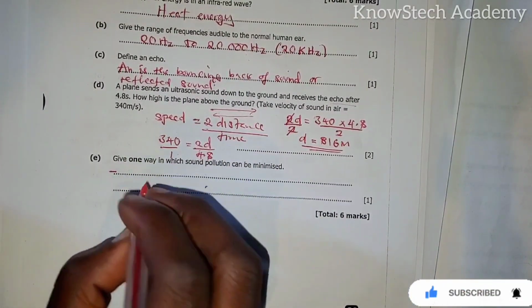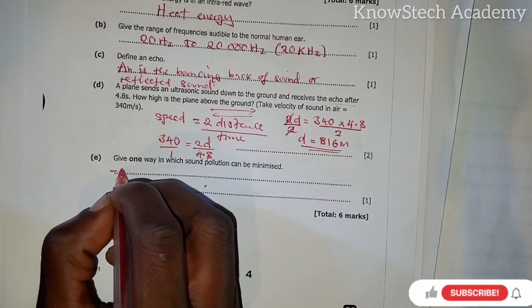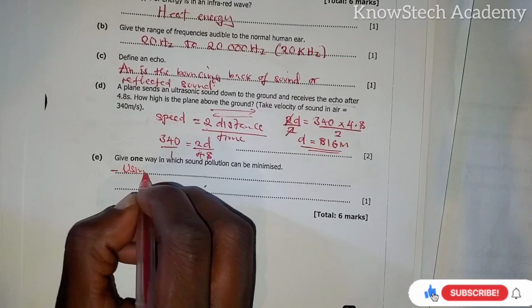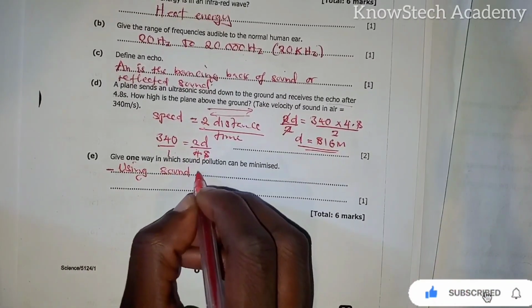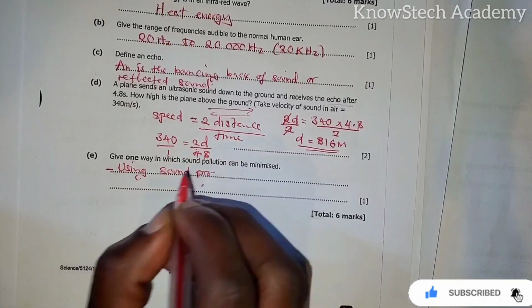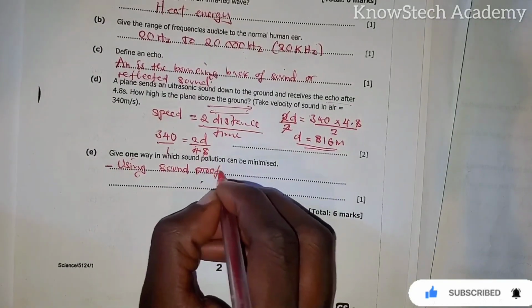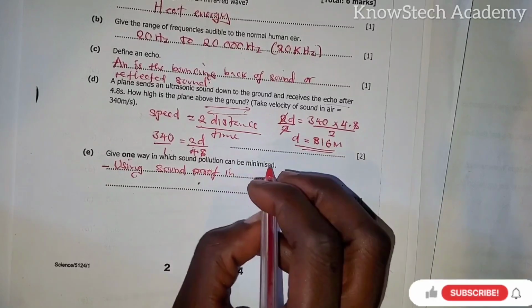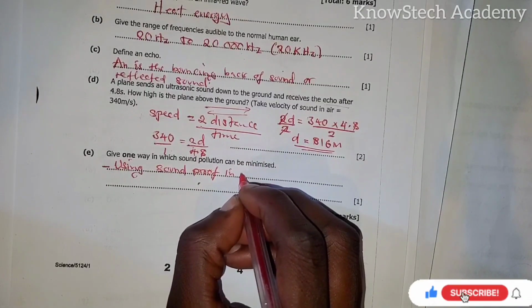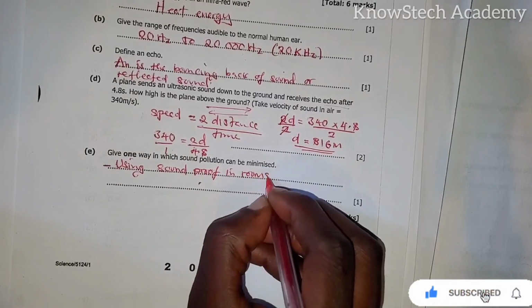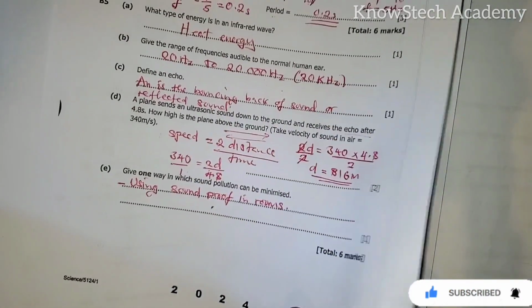So one way of minimizing sound pollution, you can say, using a soundproof in rooms, or in houses or buildings. Then you have others. So let's